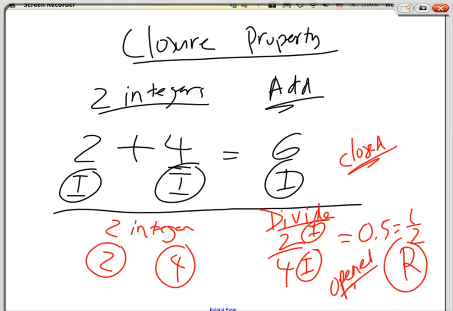Like this, how come it can't be rational? Like 2 and 4, is that rational? Okay, it is rational, right? However, for this particular problem, I specifically specified that these are integers. I specified ahead of time that I give you 2 integers. I expect to get back an integer if it's going to satisfy the closure property. If it's not, then you just say it's not. This doesn't stay closed. Okay, is that clear on closure property? It's pretty short. Okay. Next one right here.